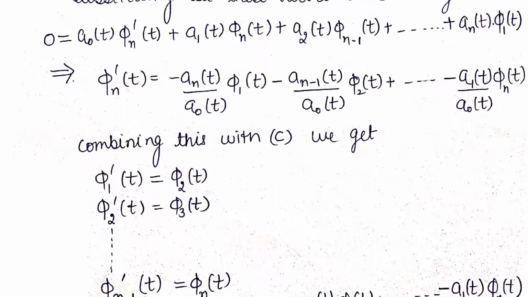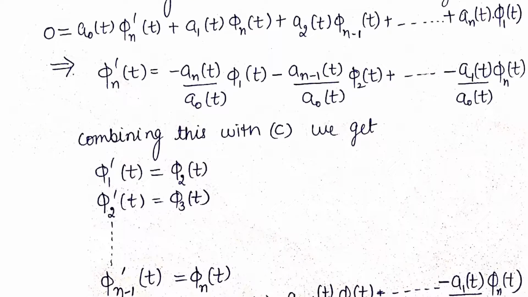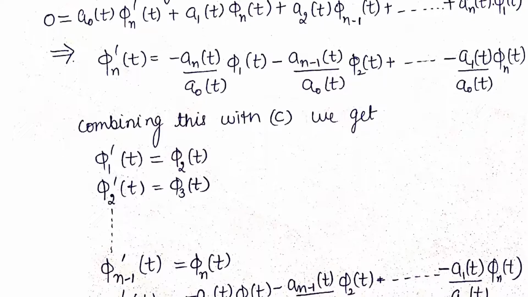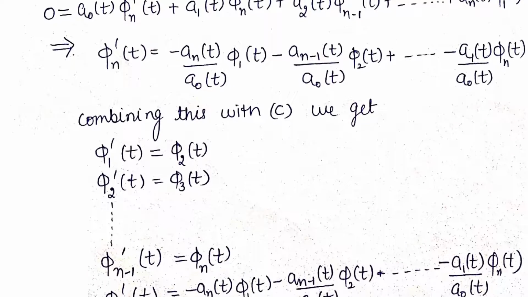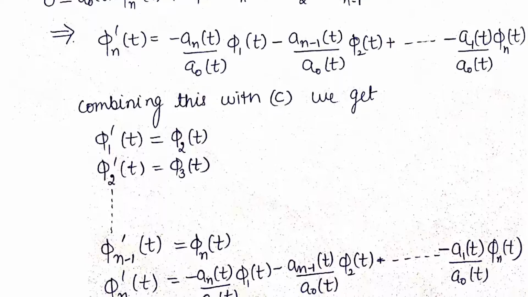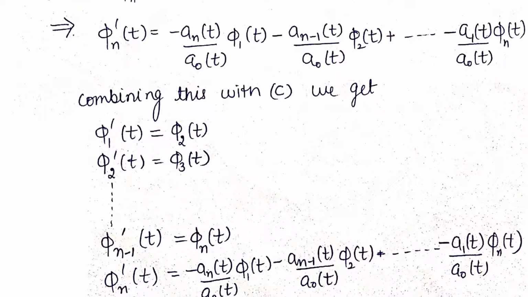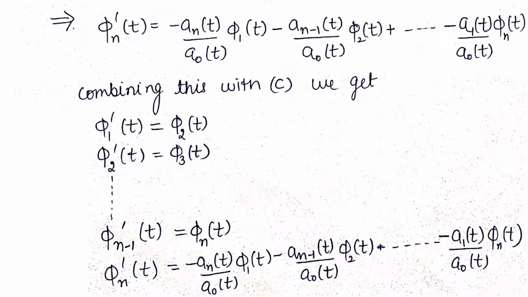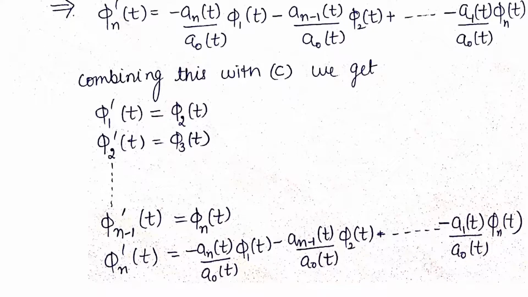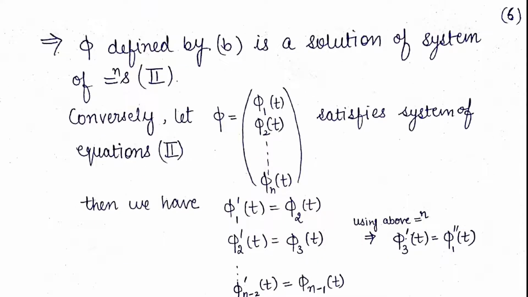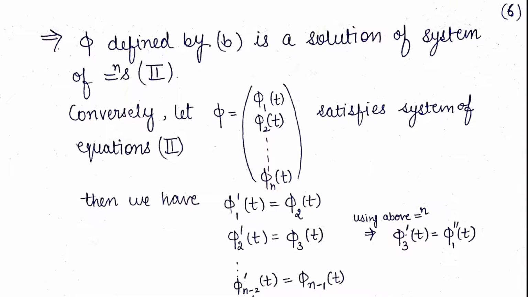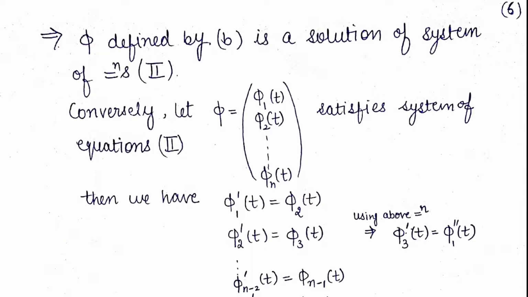Now combining this equation with C, we get phi_1'(t) is equal to phi_2(t), phi_2'(t) is equal to phi_3(t), and so on. The last equation, phi_n'(t) is equal to minus a_n(t) over a_0(t) phi_1(t), minus a_{n-1}(t) over a_0(t) phi_2(t), and up to minus a_1(t) over a_0(t) phi_n(t). And from here we get that phi defined by B is a solution of the system of equations 2,